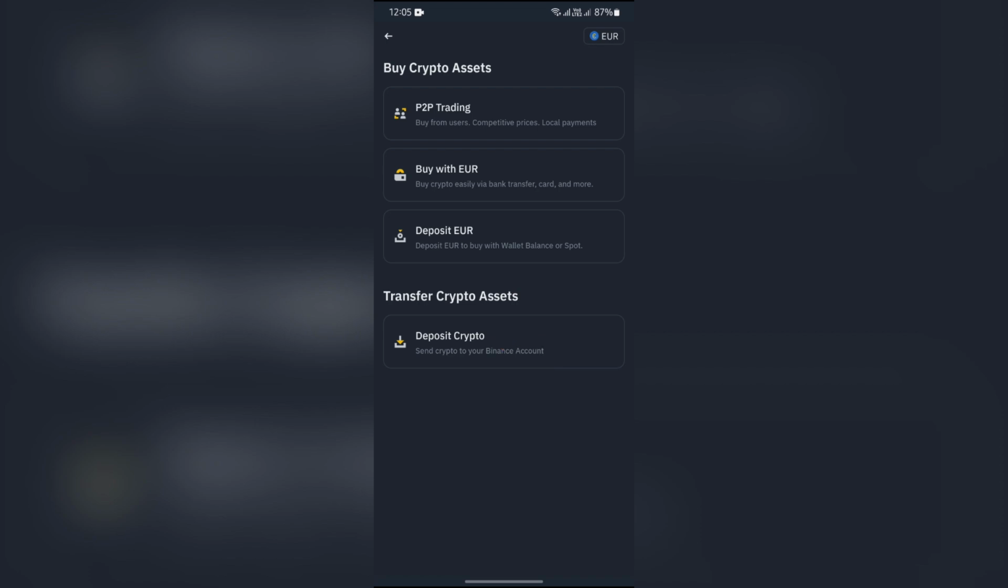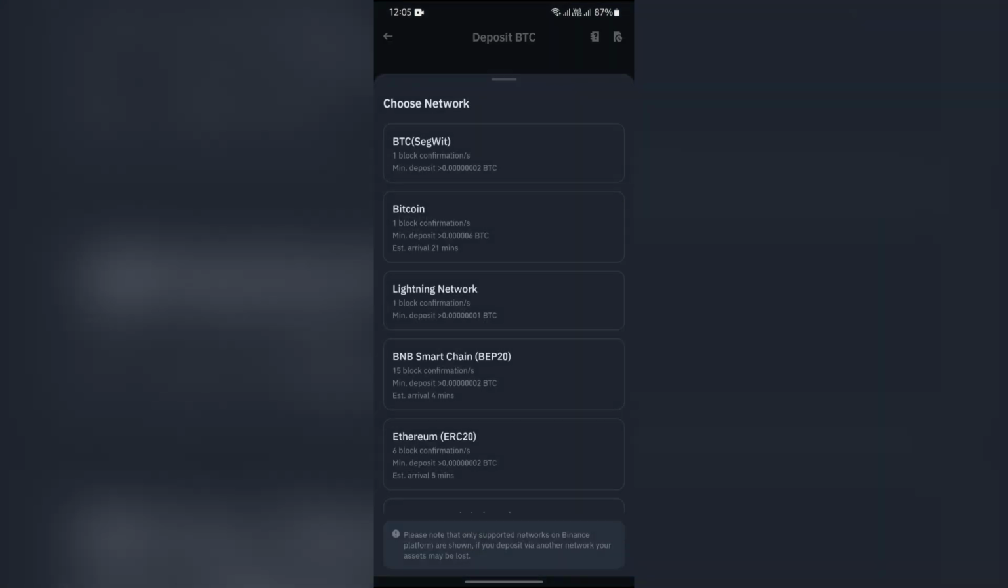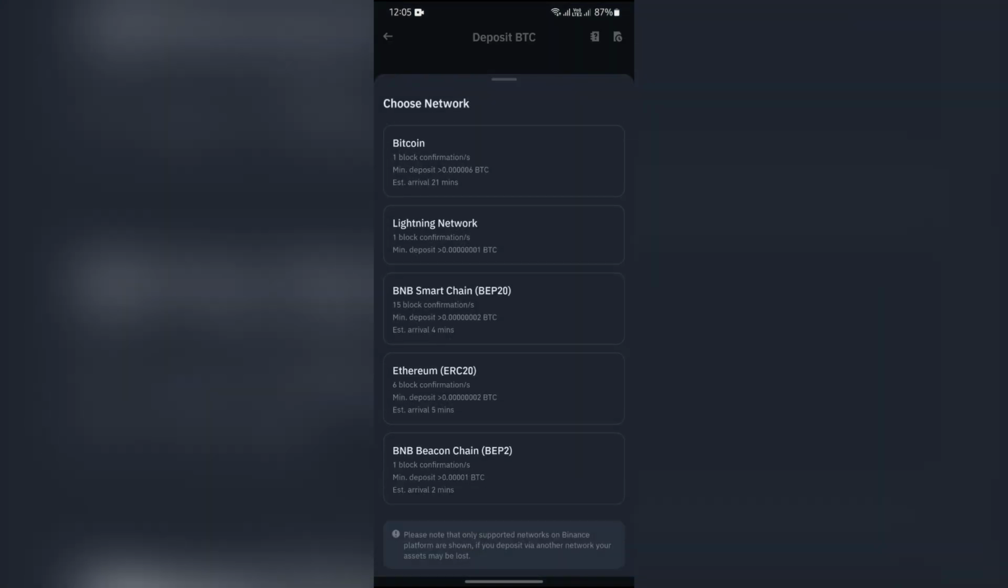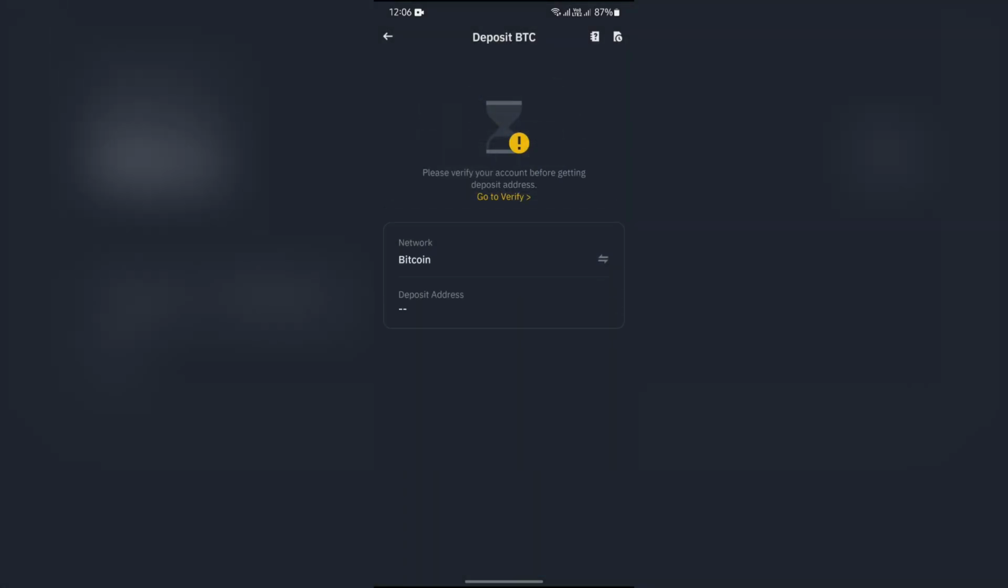In order to deposit crypto, just simply tap this deposit crypto option, and then you have to select the crypto which you would like to deposit. I'm selecting Bitcoin here, and after that you can choose the network of Bitcoin for which you would like to deposit. I'm selecting Bitcoin here too, and after that you can select the deposit address, but before that